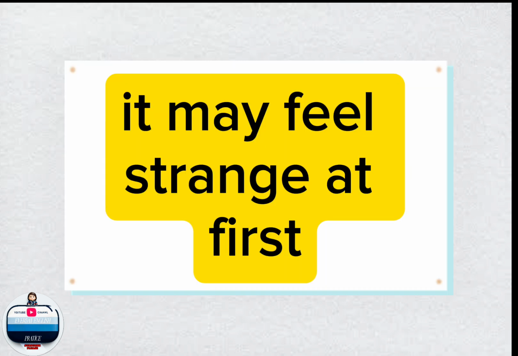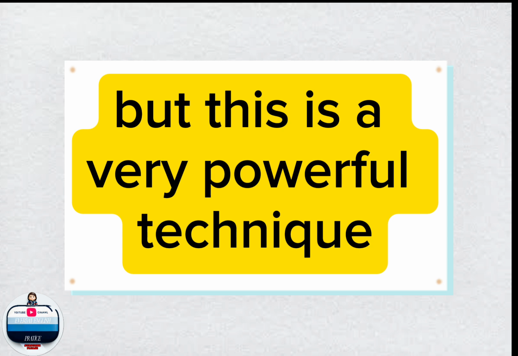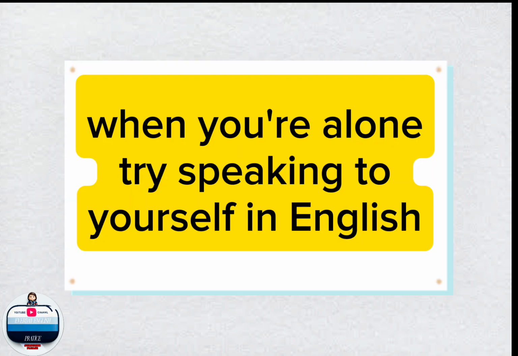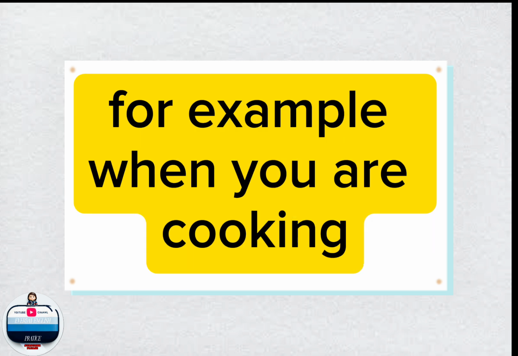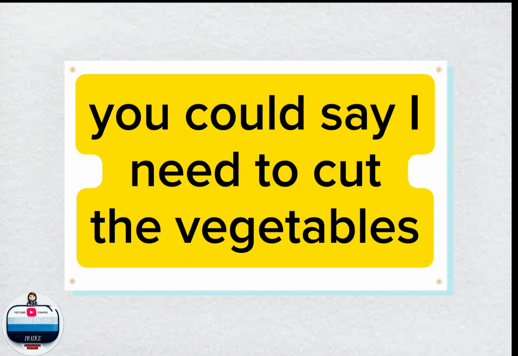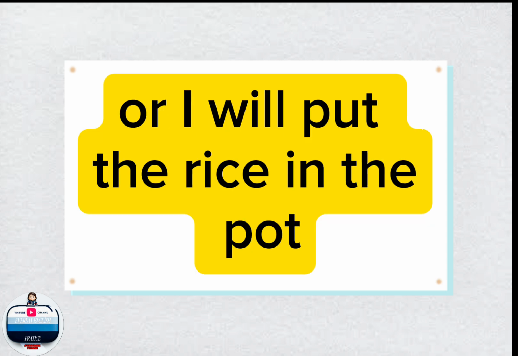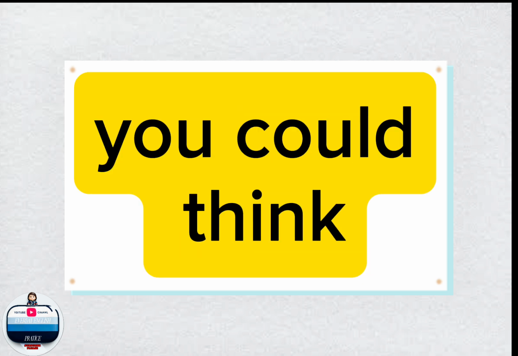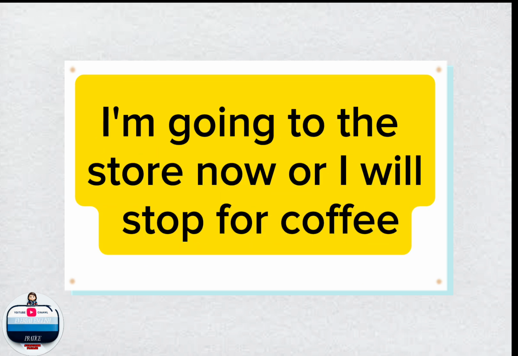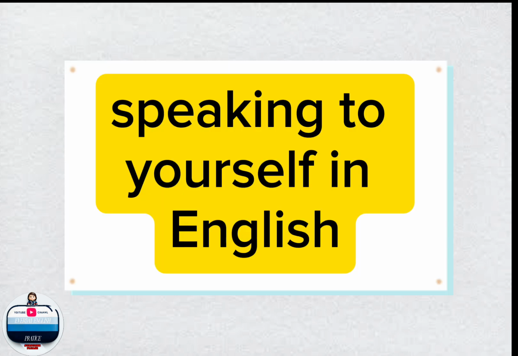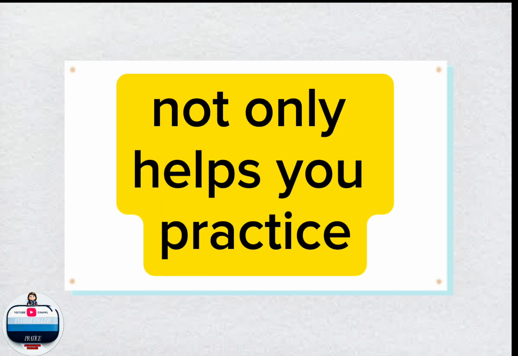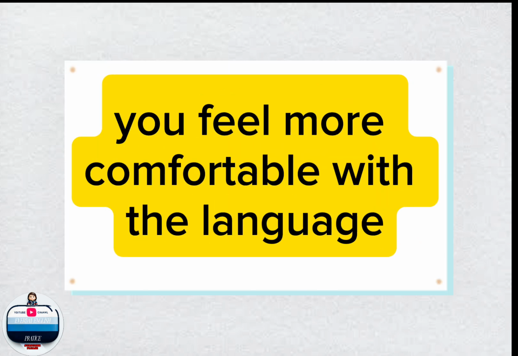It may feel strange at first, but this is a very powerful technique. When you're alone, try speaking to yourself in English. For example, when you are cooking, you could say, "I need to cut the vegetables," or "I will put the rice in the pot." If you're walking somewhere, you could think, "I'm going to the store now," or "I will stop for coffee." Speaking to yourself in English not only helps you practice but also helps you feel more comfortable